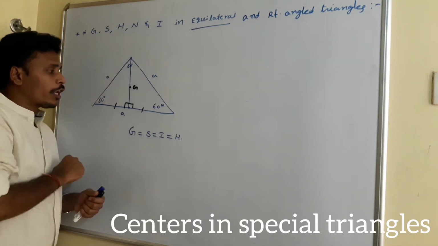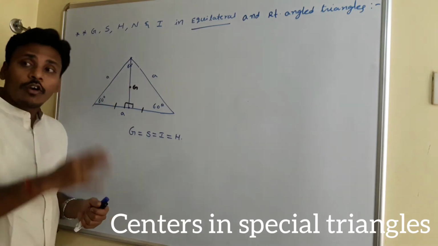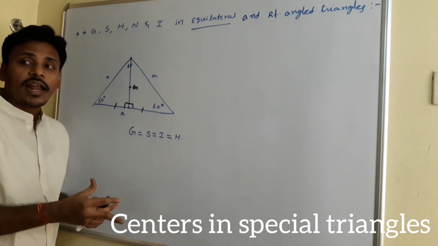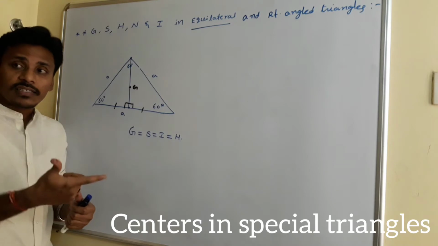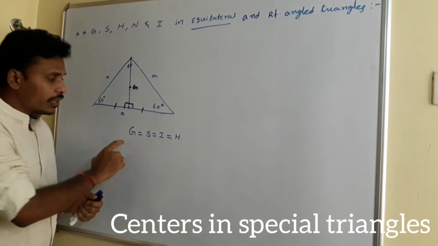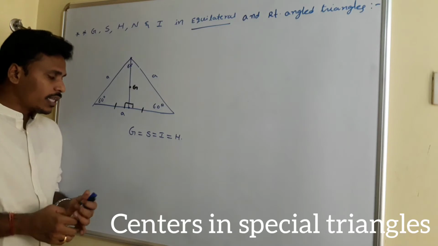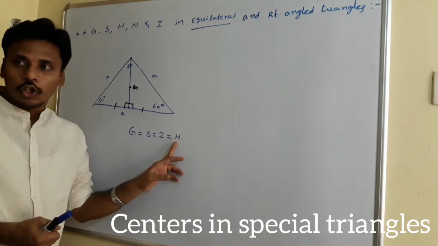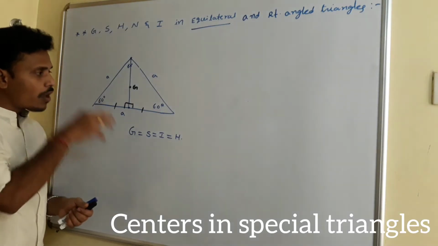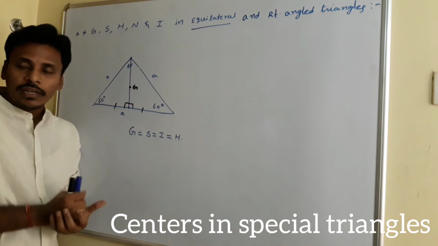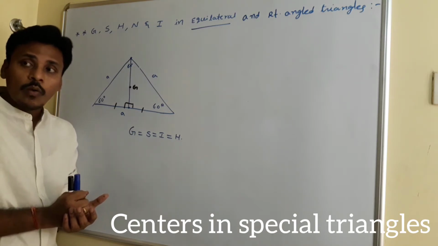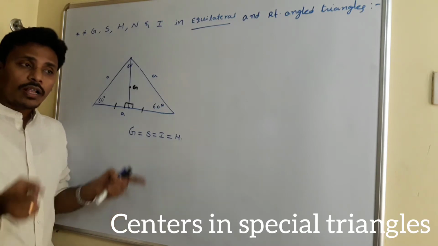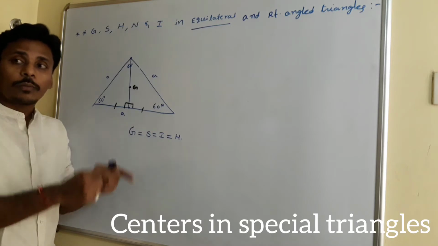What I am going to tell you is one line acts like four different lines. What are those? Median, altitude, perpendicular bisector and angular bisector. Since the same line acts in these four ways, automatically these 4 points, what are those? G in the sense centroid, S is circumcenter, I is incenter and H is the orthocenter. All these 4 points are coincident for an equilateral triangle, right? So at the end my conclusion is, for an equilateral triangle we don't have 4 different points but these 4 centers. All these centers coincide at one particular point.